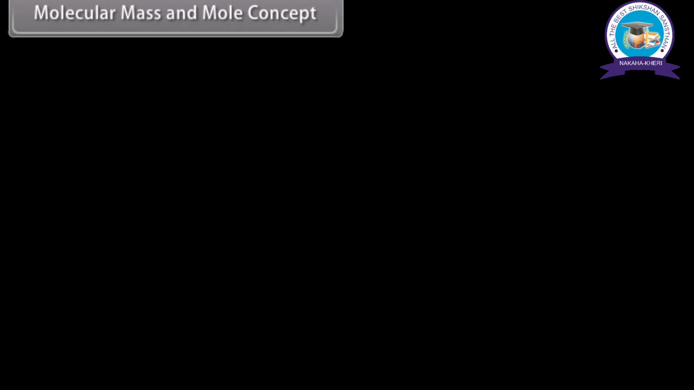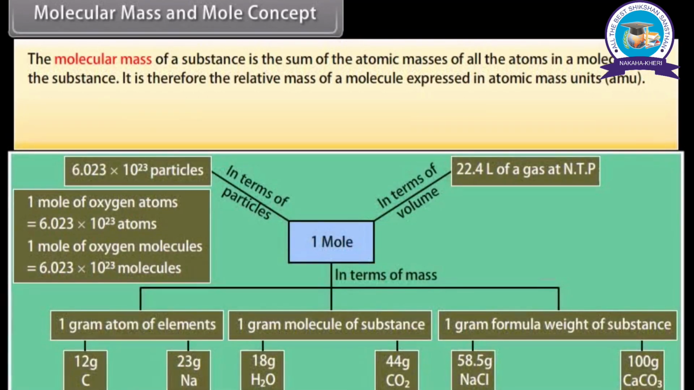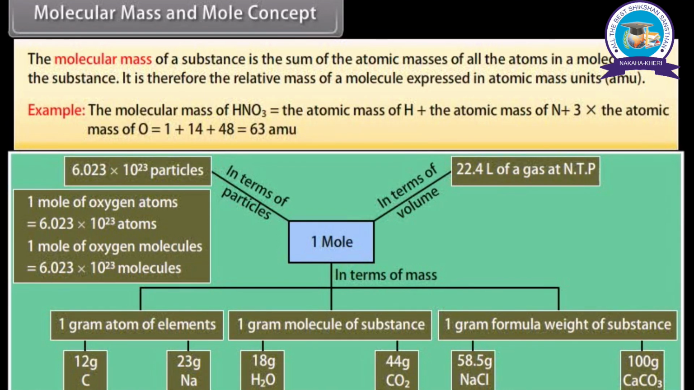Molecular mass and mole concept. The molecular mass of a substance is the sum of the atomic masses of all the atoms in a molecule of the substance. It is therefore the relative mass of a molecule expressed in atomic mass units. Example: the molecular mass of HNO3 is equal to the atomic mass of H plus the atomic mass of N plus 3 into the atomic mass of O, which is equal to 1 plus 14 plus 48, which equals 63